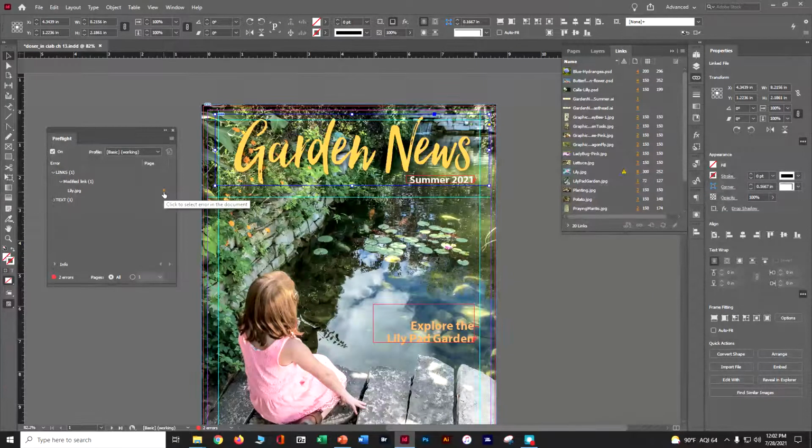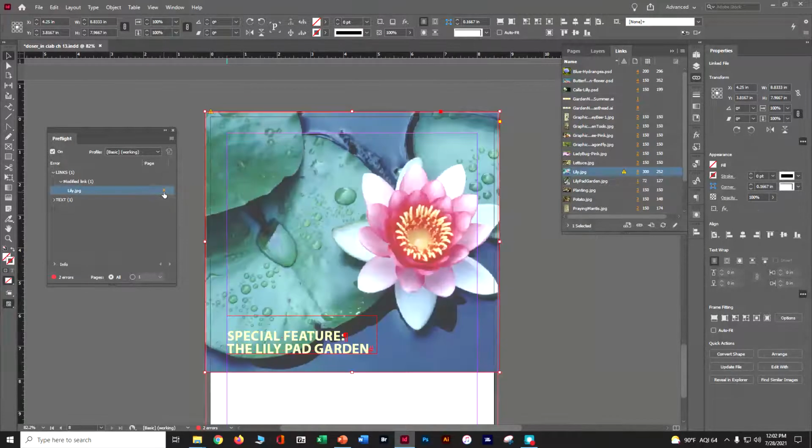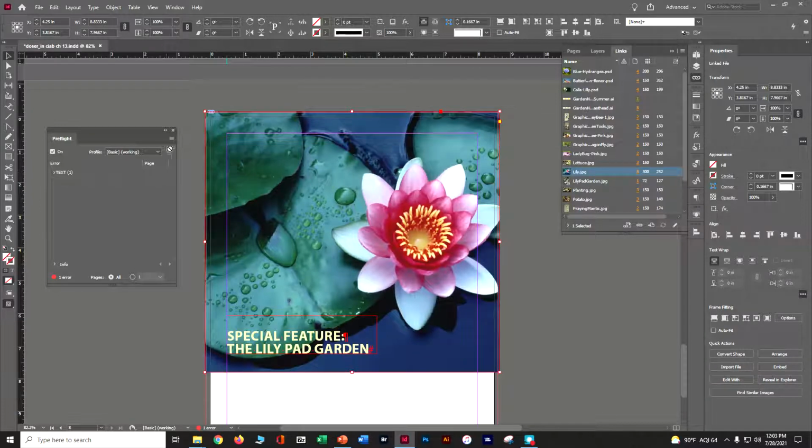So it says Lily JPEG on page 8. So if I click on 8, it's going to go ahead and say, okay, this one's got a problem. It's been changed. That's what that little exclamation mark is. So if I go into my links, if I double click it, it's going to go ahead and change that. So now I'm down to 1 error. And that is wonderful. We want to have